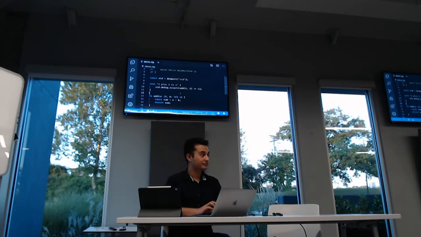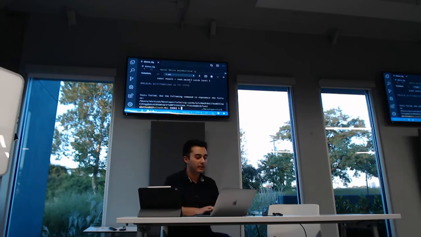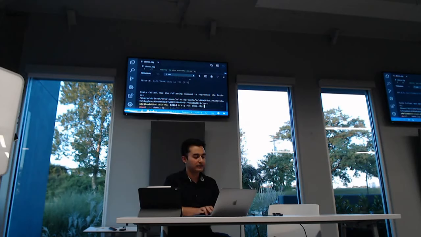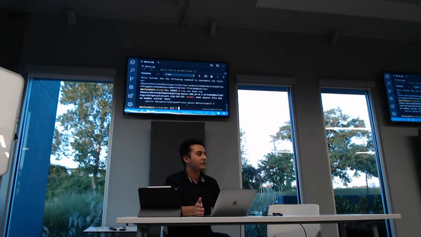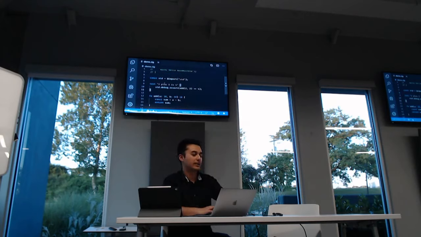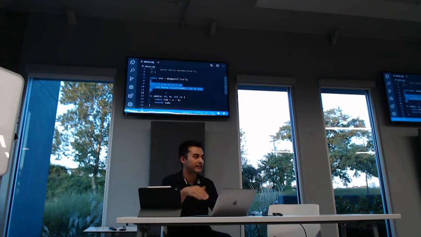Test is a native function type, not a third-party thing. Yes. So test is a way to essentially create unit tests or regular tests, and that does not get compiled when I do zig run demo.zig. It does not even have a main. So this test block never gets called unless I'm calling the test command through the command line. Unless I'm doing zig test, this gets ignored, and we'll come to that too.